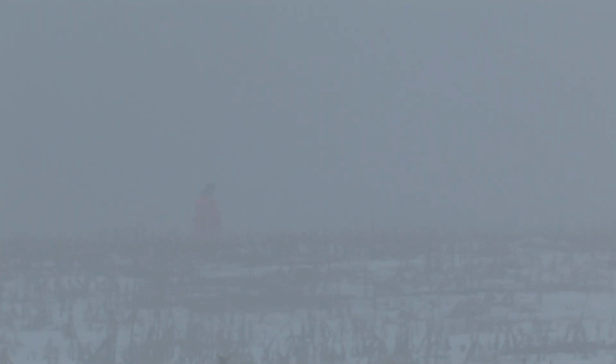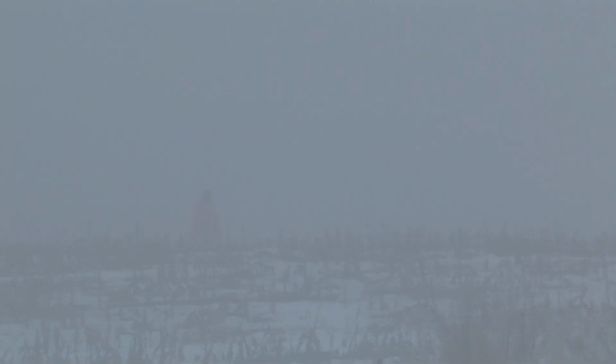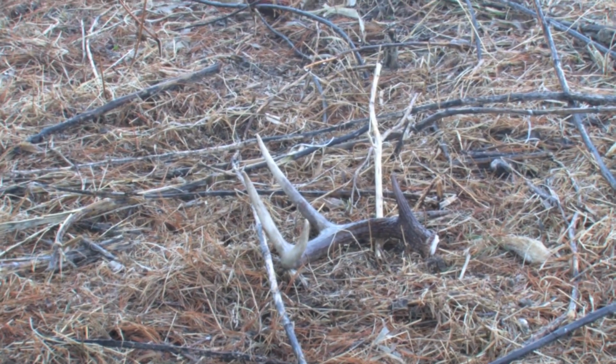Shed hunting in the fog. He's wearing blaze orange. Otherwise I probably wouldn't be able to see him. Cool. And I was videoing him. I looked over. The next pine tree over here is another shed. I don't think it's the match, but